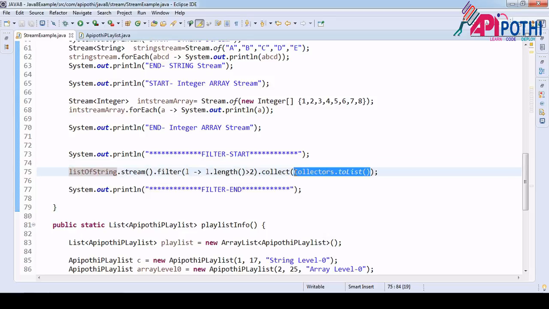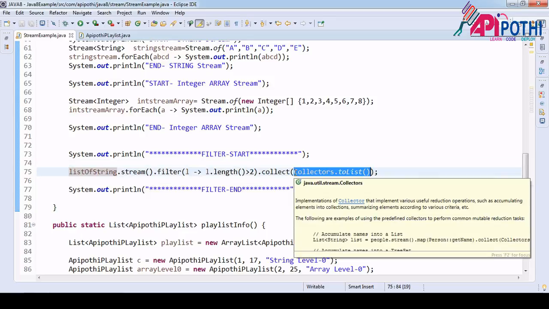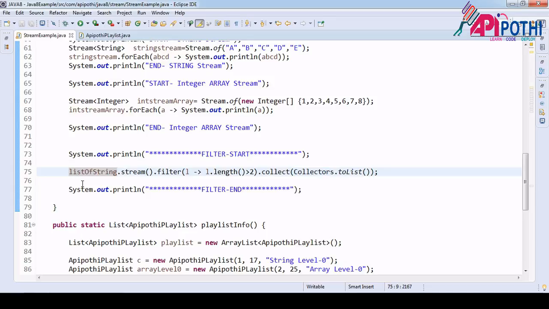Now since we are collecting this value into the list, our responsibility is also to store the value inside the list. So first we are going to create the list. Now which type is this? Since everything we are doing is string type, the list is also of string, right? We can give any variable name, so list of string, playlist with filter, that's all.